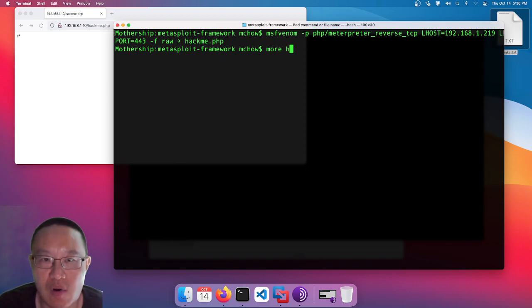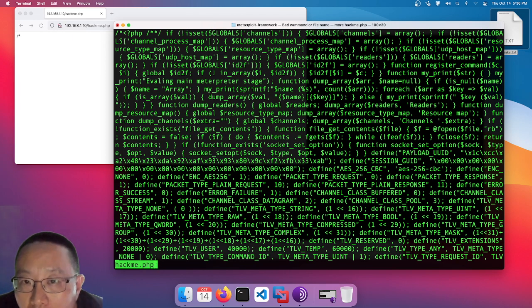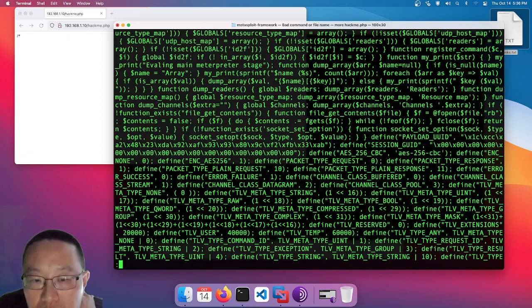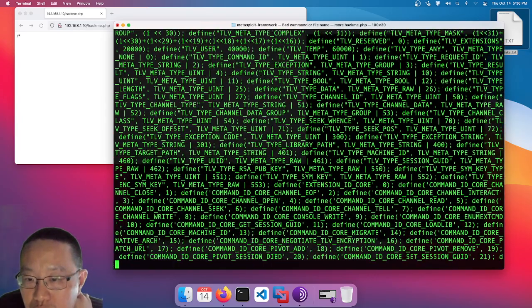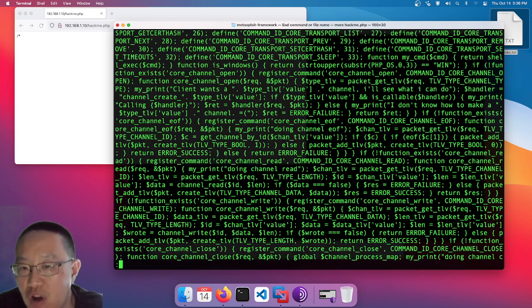I can't dig too deep into this code. This entire payload does all the magic that actually connects back home. Now, in order for this to work correctly,